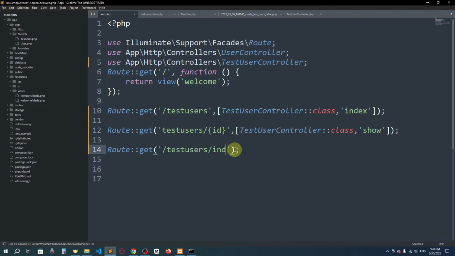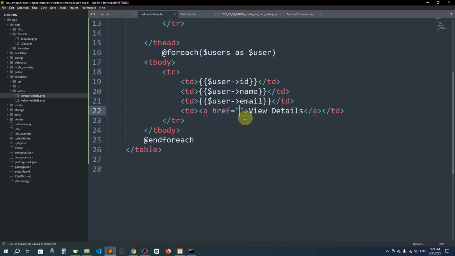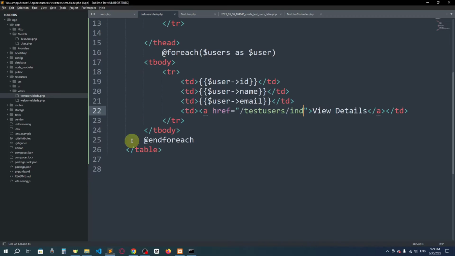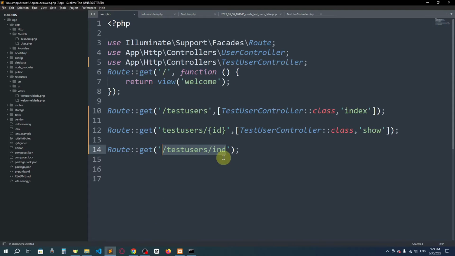Okay, so I will say ind, individually. Here I want to give a name so that I can access it directly through the name. Or I don't need to do this. I don't want to make it more complex. So this is the URL I have to copy, and I have to use it here. If I refresh and click here, it will go to this URL, right? But here you can see nothing because we haven't mentioned anything. So what I have to do is